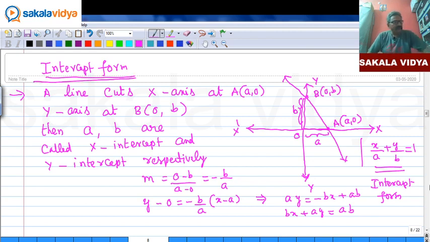Suppose a line cuts the x axis at (a, 0) and the y axis at (0, b), then the intercept form is x by a plus y by b is equal to 1, or x by x intercept plus y by y intercept is equal to 1. So, next one is actually we have